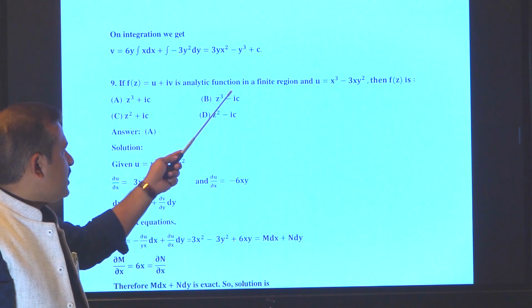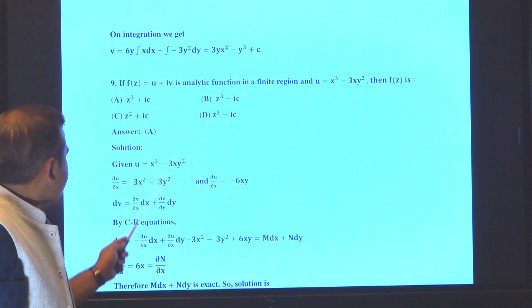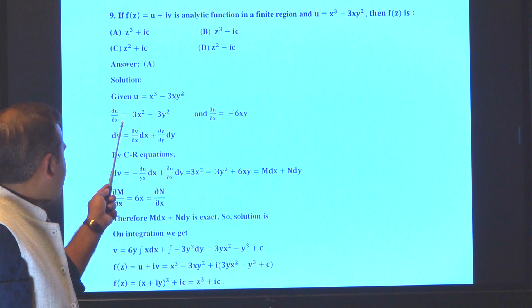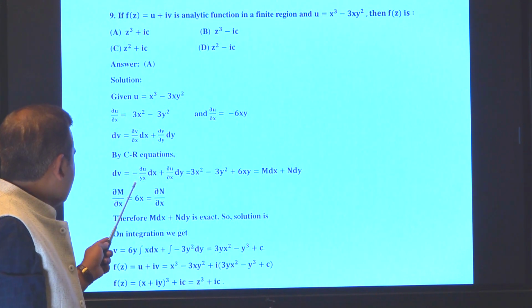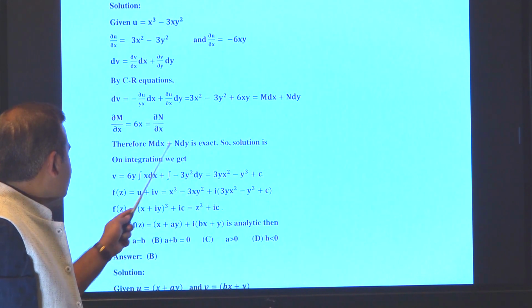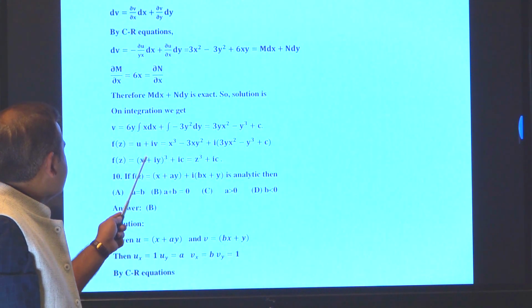Now problem 9 is the same. f(z) is an analytic function in a finite region, u is given, then find f(z). By the same way, these are the options. U is equal to this one, del u upon del x, del u upon del y, not del x. By using the total differentiation method, you define the exact format and its solution like this,